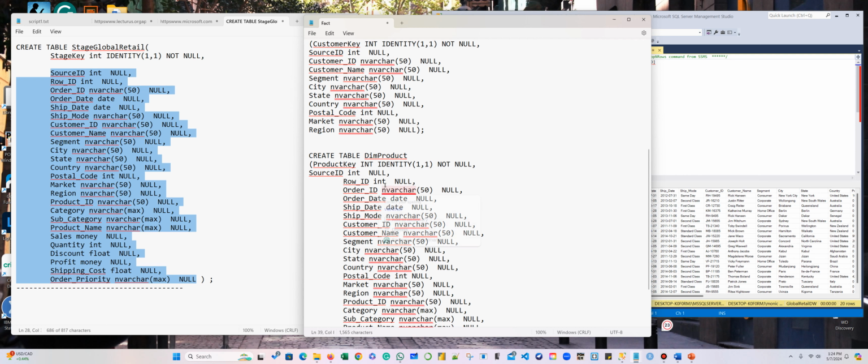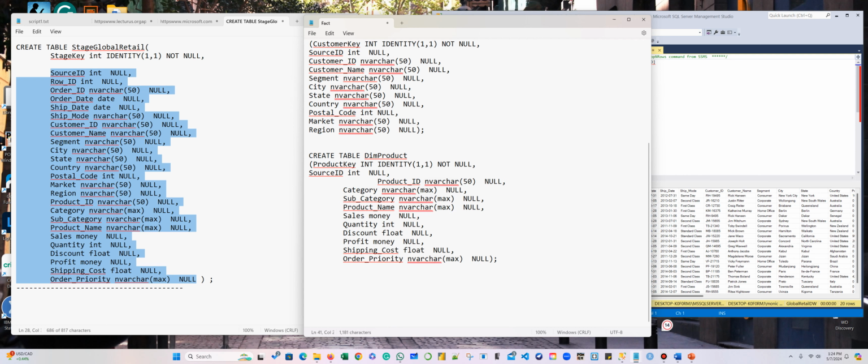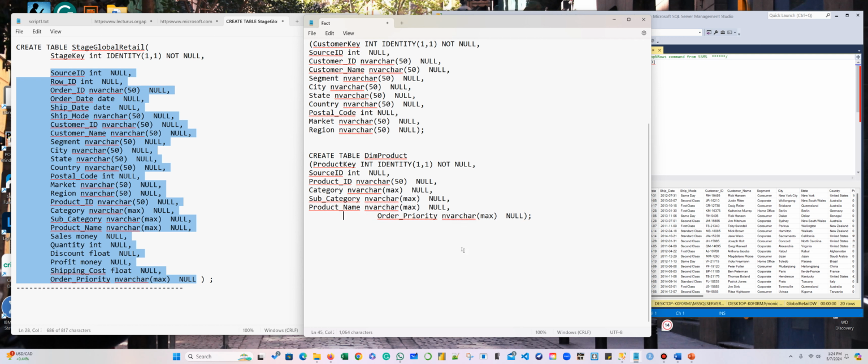Product key, source ID. So we don't need anything for the customer all the way here. So we do need the product ID, the category, the subcategory, the product name. Now, sales, quantity, profit, and shipping. No. And order